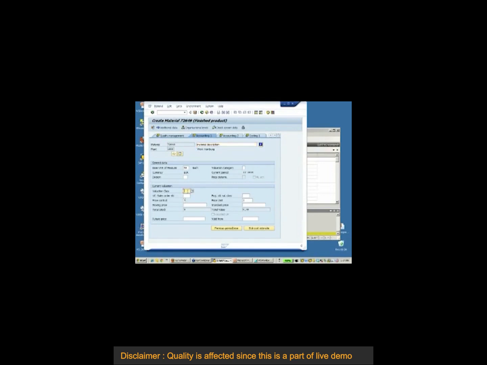And let's fill out valuation class. And how about standard price? And then let's save that. Okay. Now,